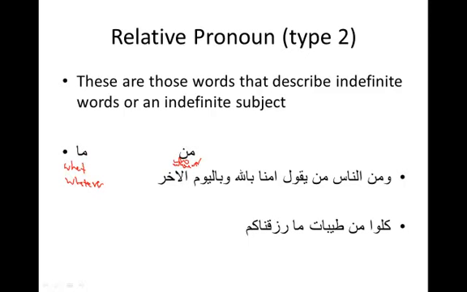وَمِمَّا رَزَقْنَاهُمْ يُنْفِقُونَ. That's one example. Here's another example: وَمِنَ النَّاسِ مَن يَقُولُ. We know that the man is not describing a nas, 100%. Why? Because if it was describing a nas, it would be type 1, alladhi or alladhina, because it's plural. Here, though, it's a subset: from among mankind are those who, is he who